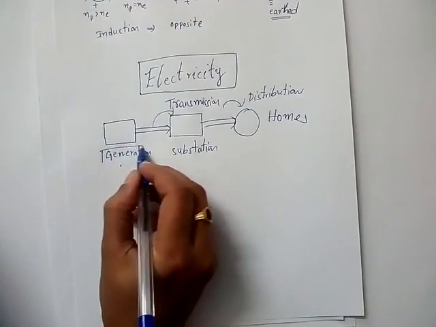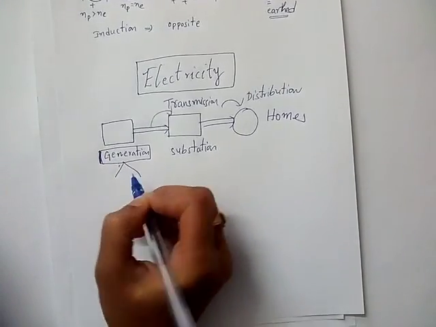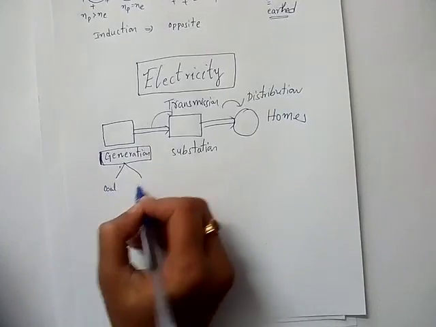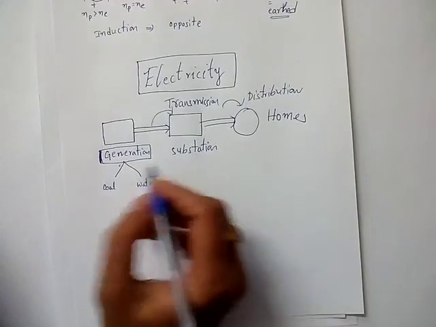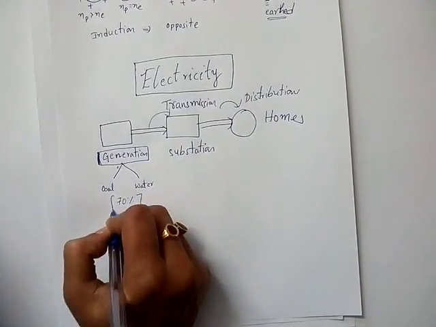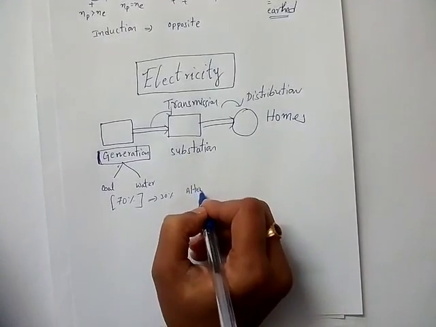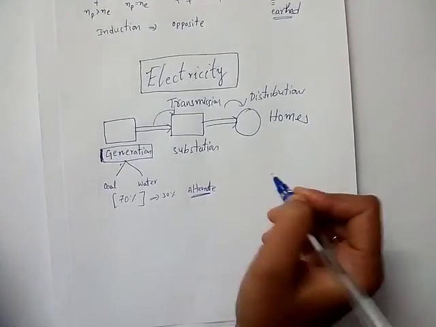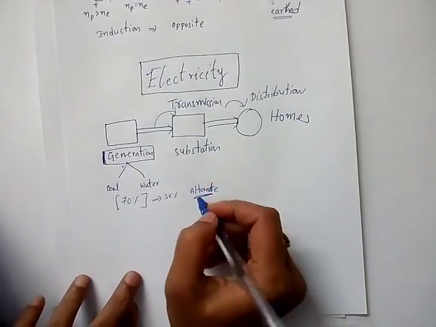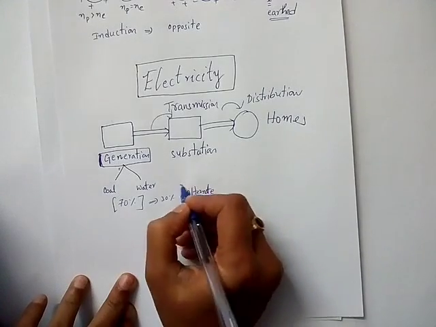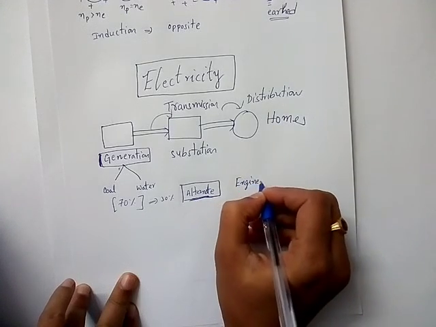Why I am telling especially about this is, generation is majorly due to coal and water in our country. 70% will be on these two only. The rest 30% we have alternate sources. So when you go to higher classes, when you are going for engineering, then it will be very important for you to choose any of these